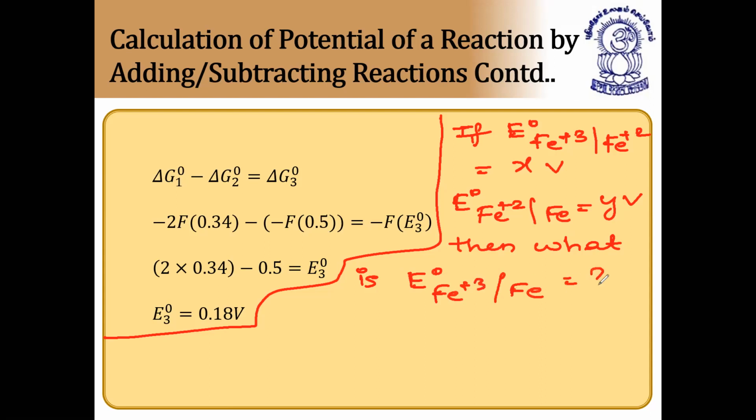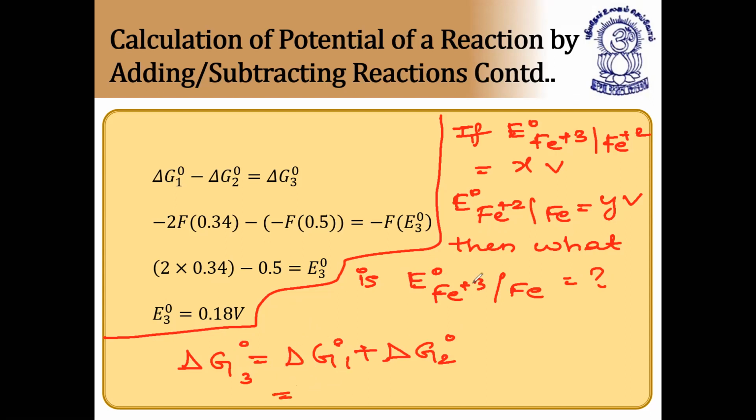So that is finally a 3 electron change, and the first one is 1 electron, the second one is 2 electron. So 1 plus 2 will give 3. So here we can write delta G3 is equal to delta G1 plus delta G2. Why am I writing delta G3 here? Because it is a 3 electron change. Total is equal to 1 plus 2.